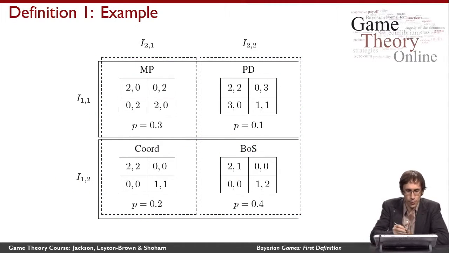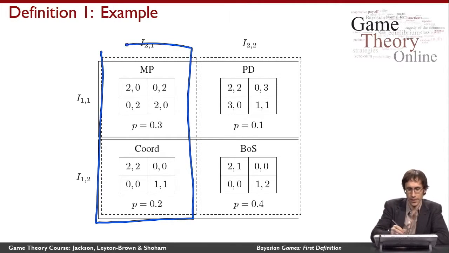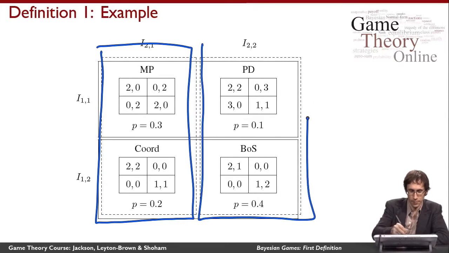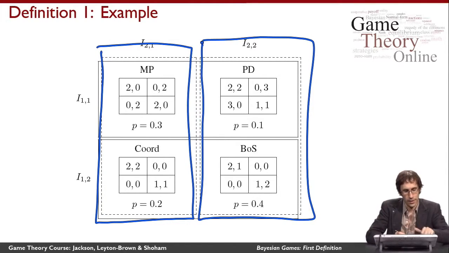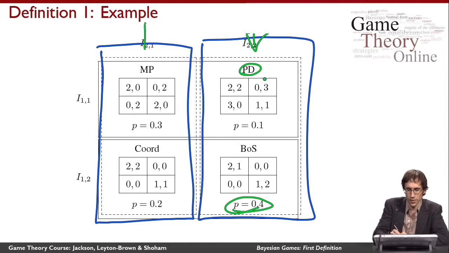Now, player 2 has different equivalence classes. So player 2 considers these 2 games to be indistinguishable, and likewise considers these 2 games to be indistinguishable. And continuing our example from before, if this was really the game that was randomly chosen by nature, then player 2 would find out that he was in this equivalence class rather than this one, meaning that he would think the game being played was either prisoner's dilemma or battle of the sexes. And the ground truth would be that, in fact, battle of the sexes was being played. He would consider it possible the prisoner's dilemma was being played, and we've already seen that player 1 would consider it possible the coordination was being played.